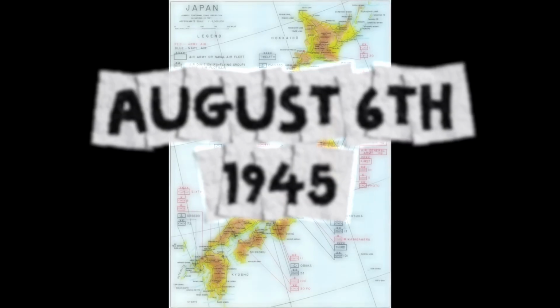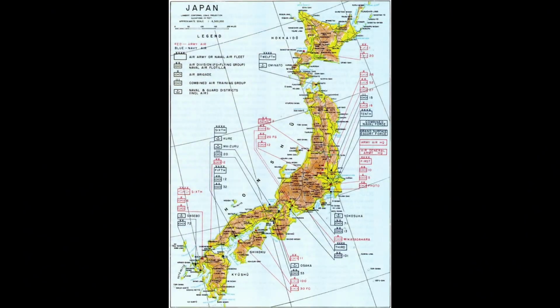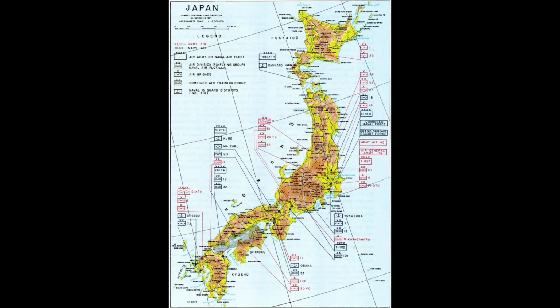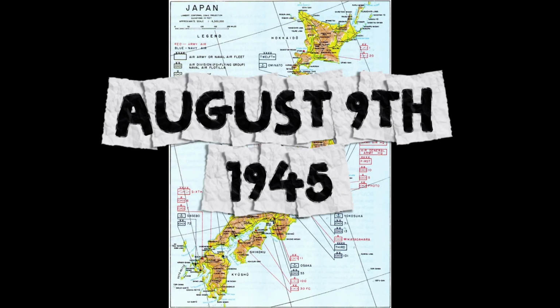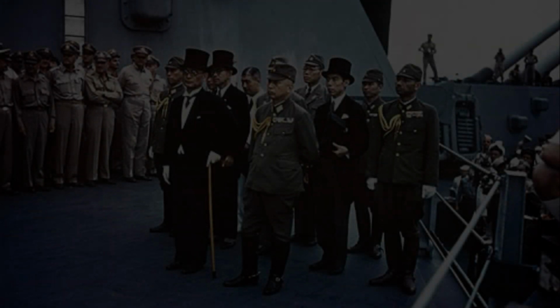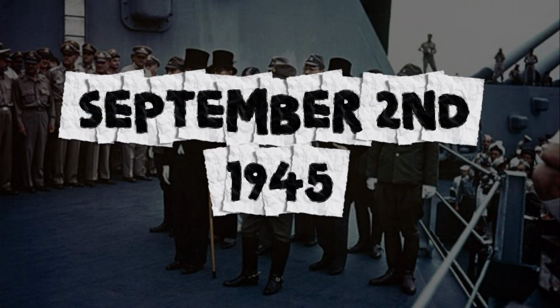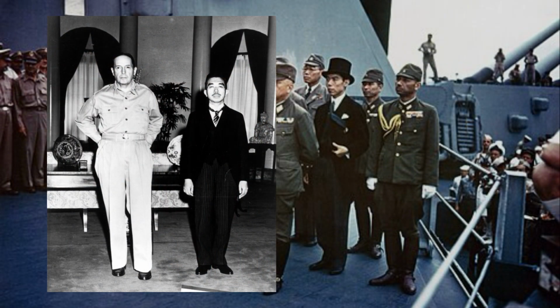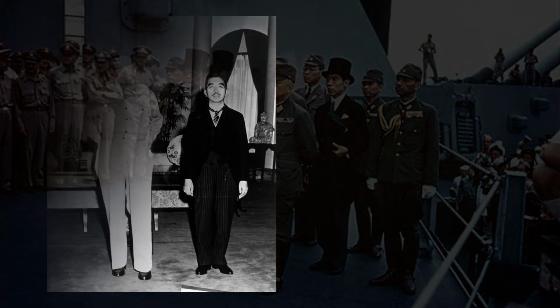On August 6, 1945, the US dropped an atomic bomb, nicknamed Little Boy, on Hiroshima. On August 9, 1945, the US dropped another atomic bomb, nicknamed Fat Man, on Nagasaki. Following this, the Japanese immediately surrendered on September 2, 1945. Emperor Hirohito makes a public statement regarding their surrender and gives his party permission to sign the treaty.